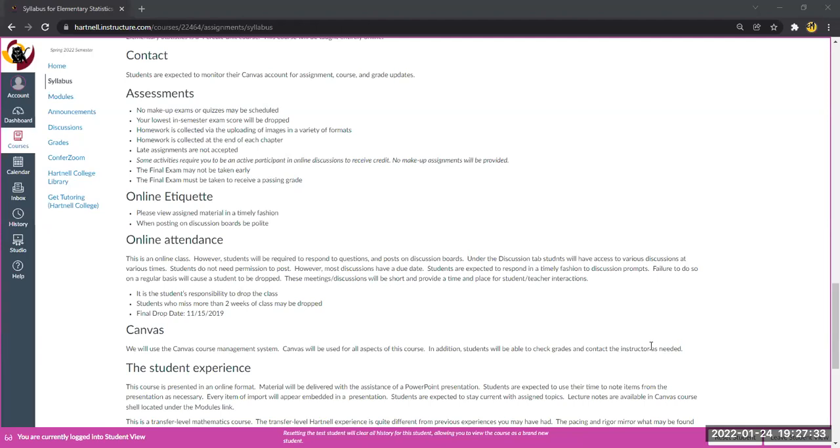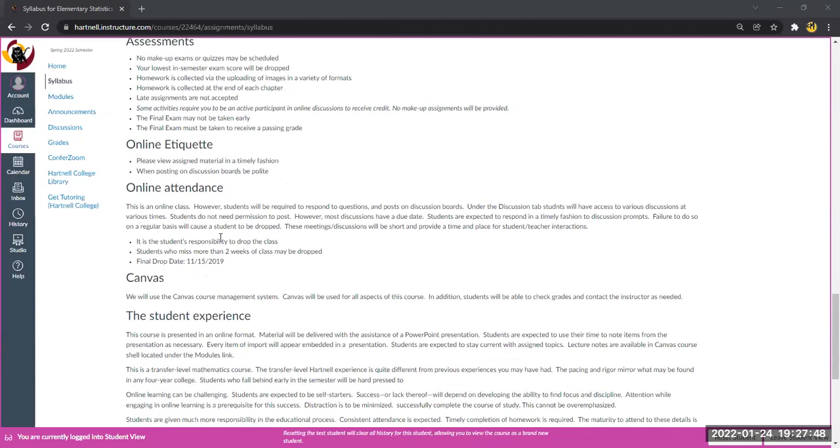We do have a final drop date. That is a typo. The final drop date is, let's see, I know what it is. It's April 22nd, and I'll go in and I'll change that also. I thought I had changed it on this one. Oh, I know where it is. It's down below. I didn't change it up here.